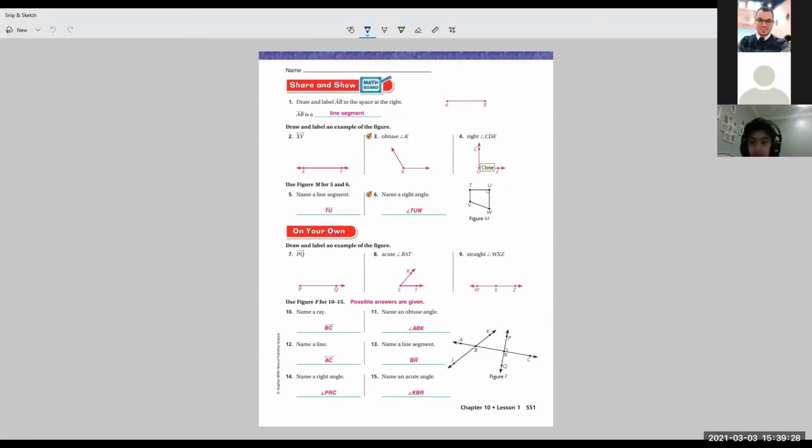Today we're going to continue what we started before in lesson 10.1. Let's open your book, page